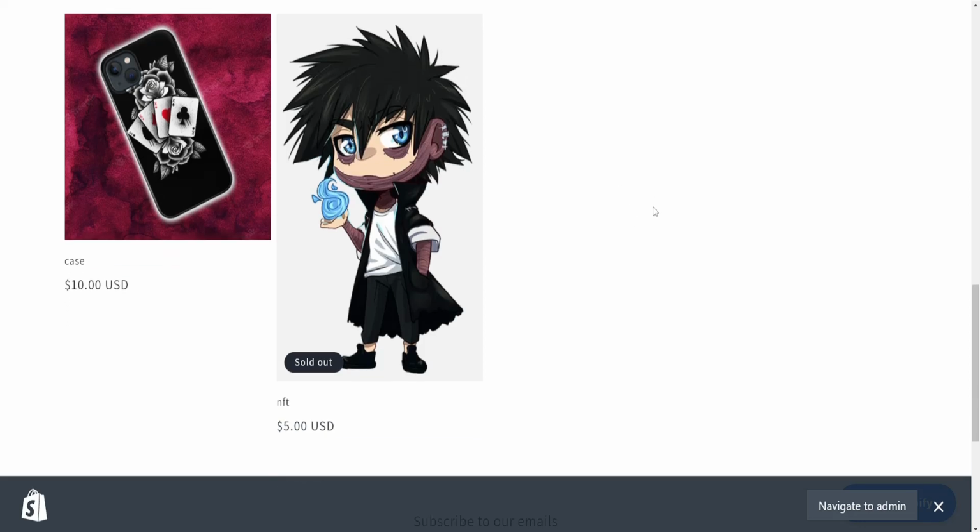How to hide price in Shopify. So right here, as you can see, my products have prices, but if we want to hide those prices, then